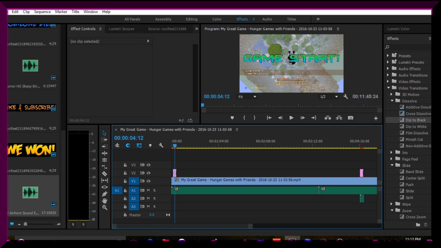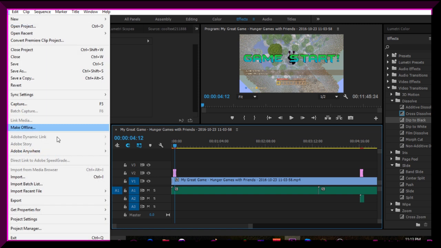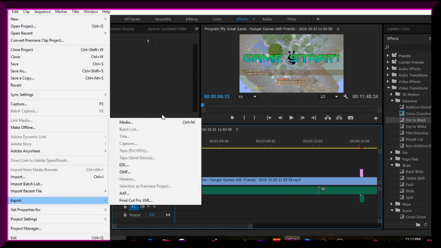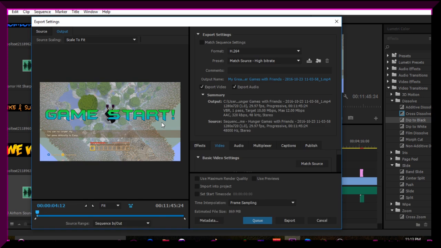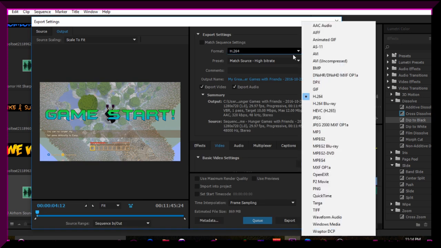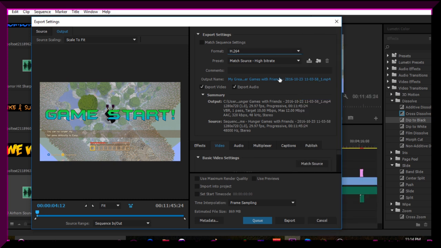When I go to save it, what I want to do is go up to the File menu, then go down to Export and click Export Media. Now, this is very important: I want to make sure that up here the format is H.264. Just have it that way, and this is very important. Just make sure it is H.264. Make sure you click here to choose where you're saving it, and then you click export,